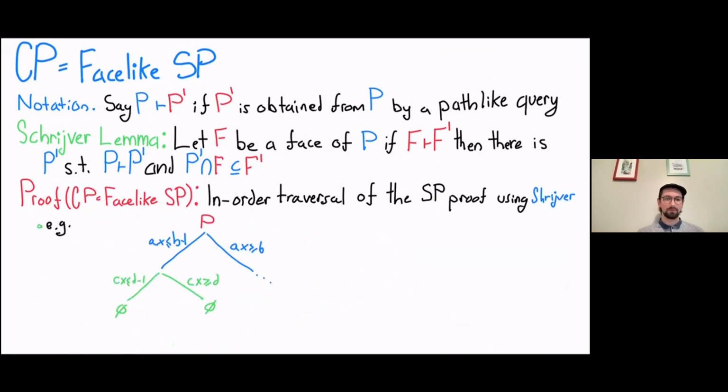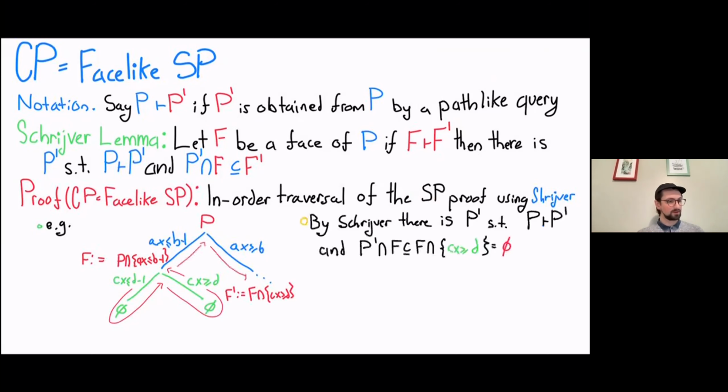So here's our example from before. There's our face, and we want to take the query, right, so we had this valid path-like query CX greater than D from the face. The face we derived is F prime, and we're going to apply the Schrijver lemma to it. By the Schrijver lemma, there's a polytope P prime such that it can be derived from P, and such that